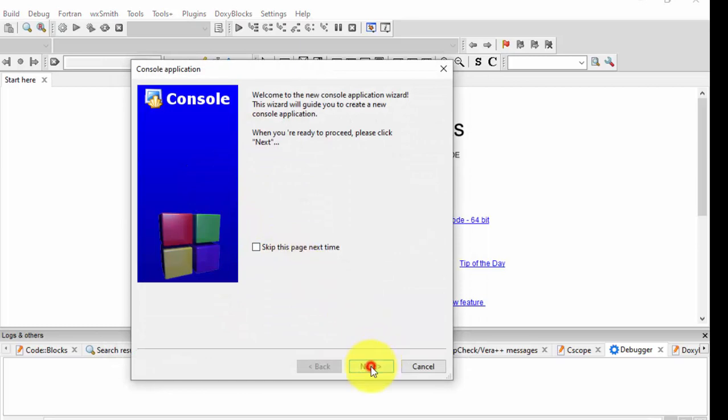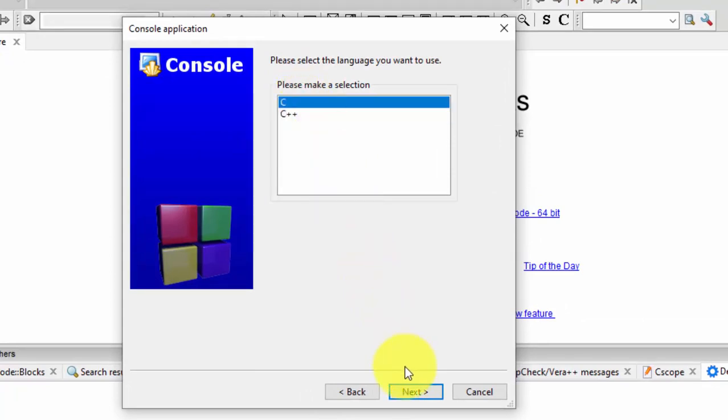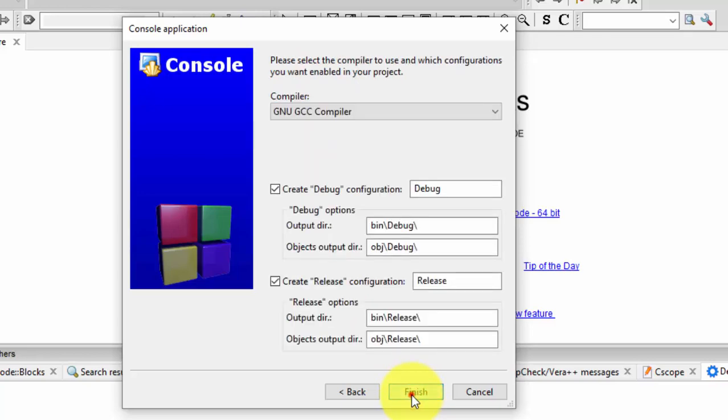Go to next. Select language as C. Go to next. Give a name to the project. Click on next. Finish.